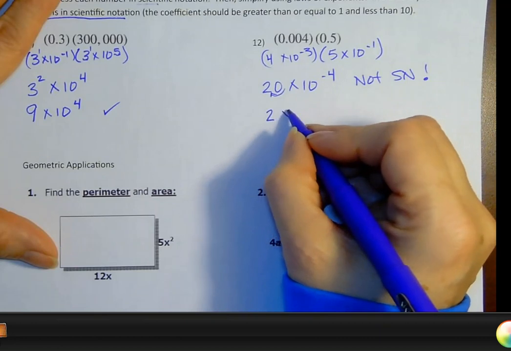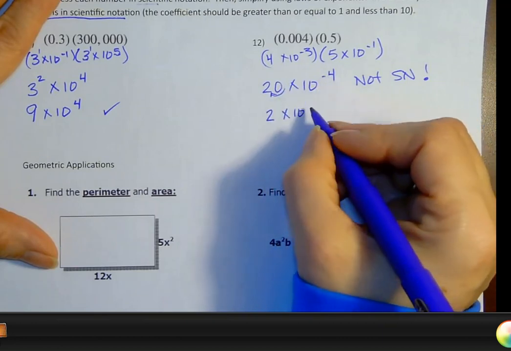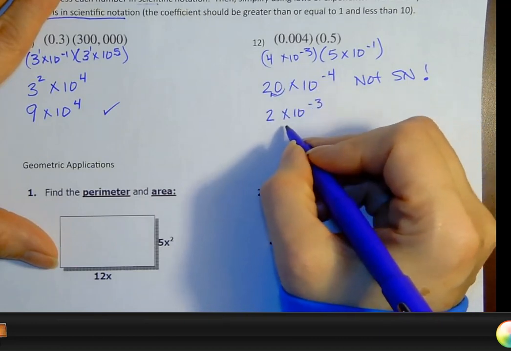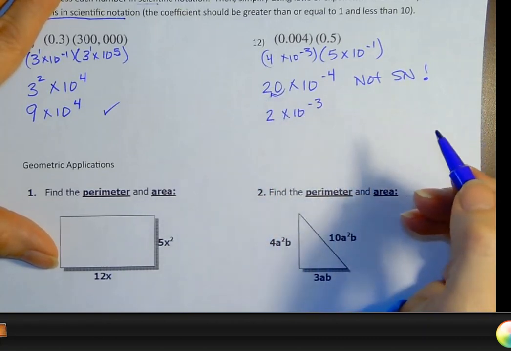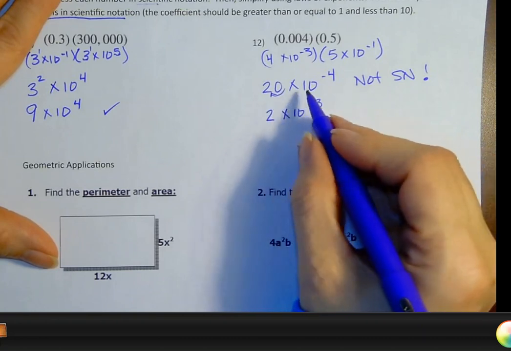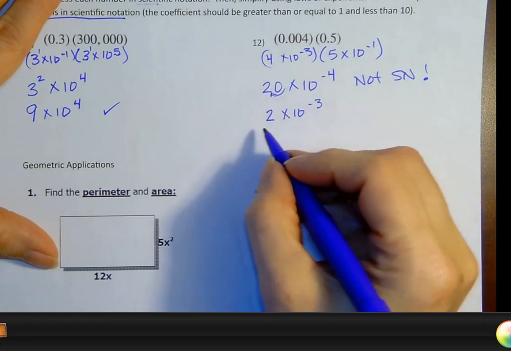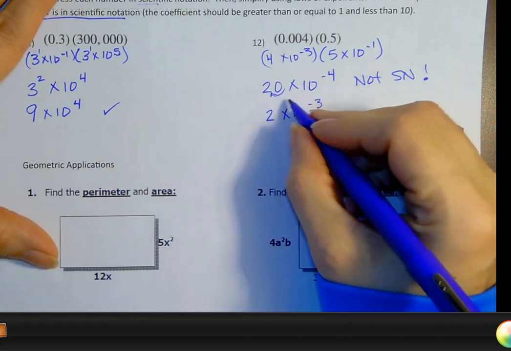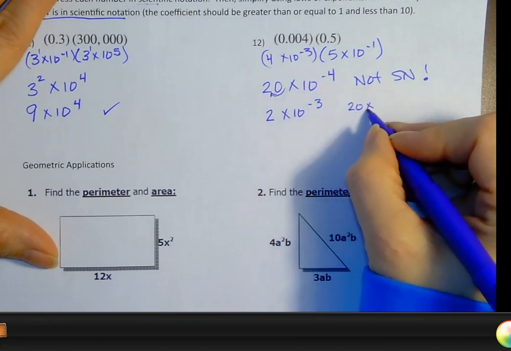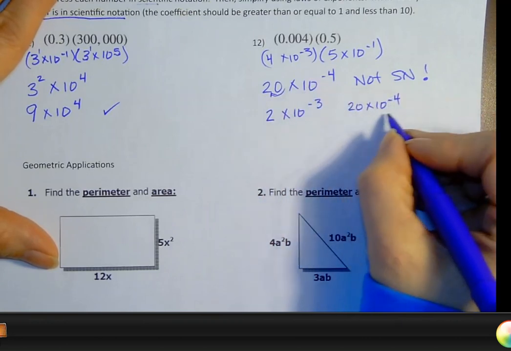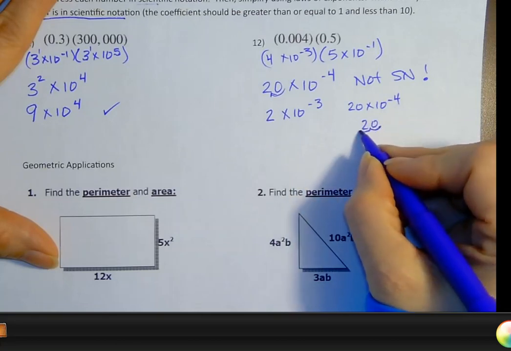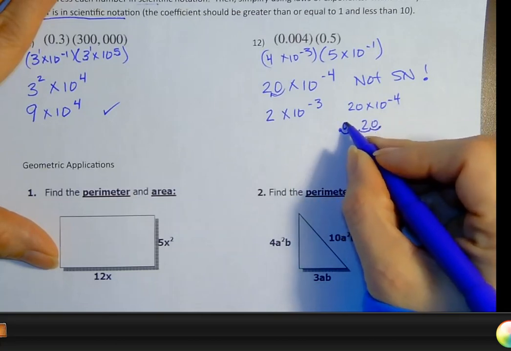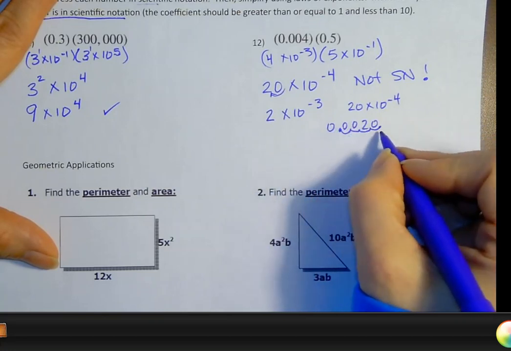Right, so I now have 2 times 10 to the +1, and -4 is -3. If you're wishy-washy on whether you're adding one or subtracting one, what you can do to rearrange is say 20 times 10 to the -4. You can put that in standard form if you want. That's 20. That's where my decimal is. I can go 1, 2, 3, 4. Okay, so 20 times 10 to the -4 equals